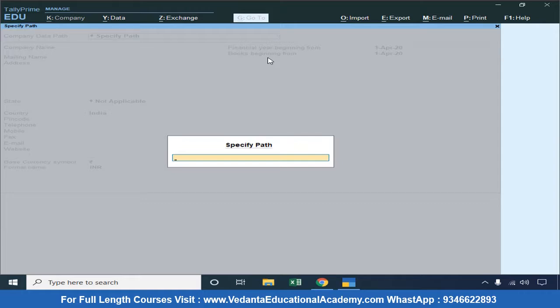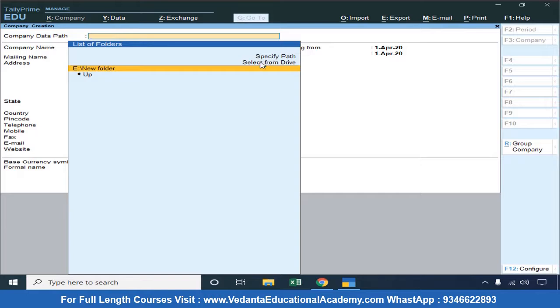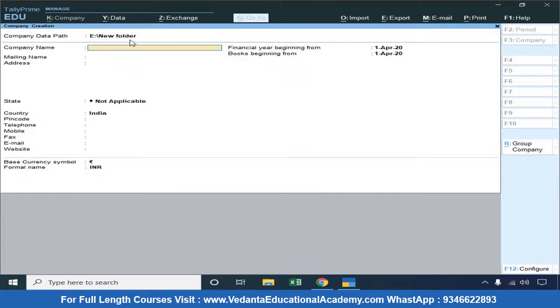There you may paste by pressing Ctrl V. But as of now, I am going to browse, so I am just going to select from the drive, double click on it, and yes, in the E drive I am going to make a new folder. Yes, it is going to save in the E drive new folder.